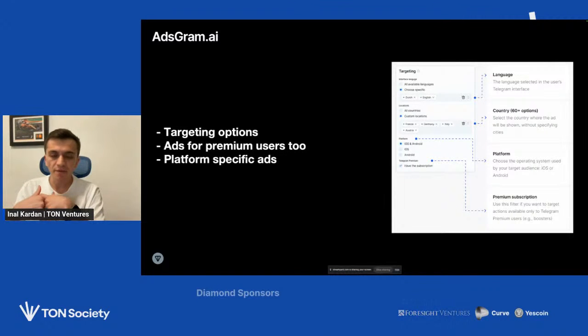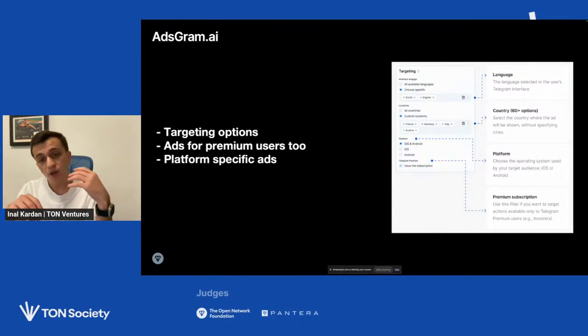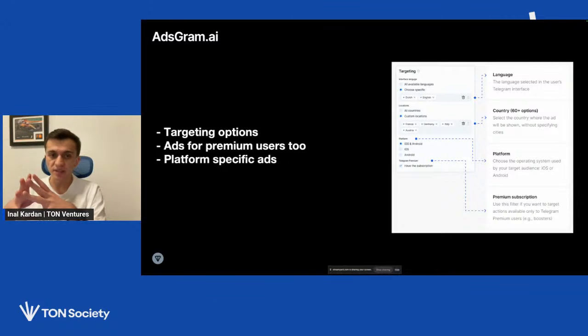For AdsGram, you have this option to target users with a Telegram premium subscription. For Telegram ads, unfortunately, there is no such option because ads through Telegram ads are shown only to users of Telegram without a premium subscription. So this is about AdsGram.